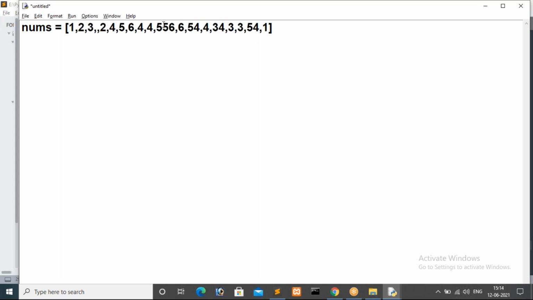Now I have this list with me, guys. For you, I'm forwarding the same list here. If possible, just copy that one and go with that list, then you will get more clarity. I created this list, nums is equal to some values I give. Here I have values, but there is no proper order.